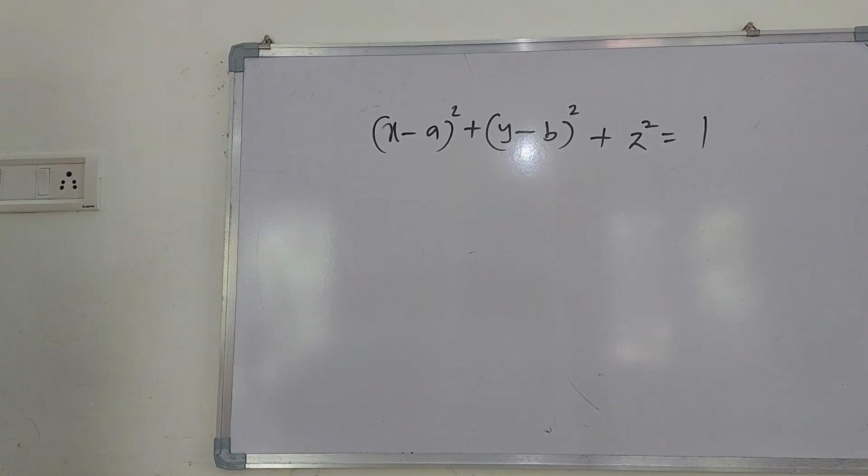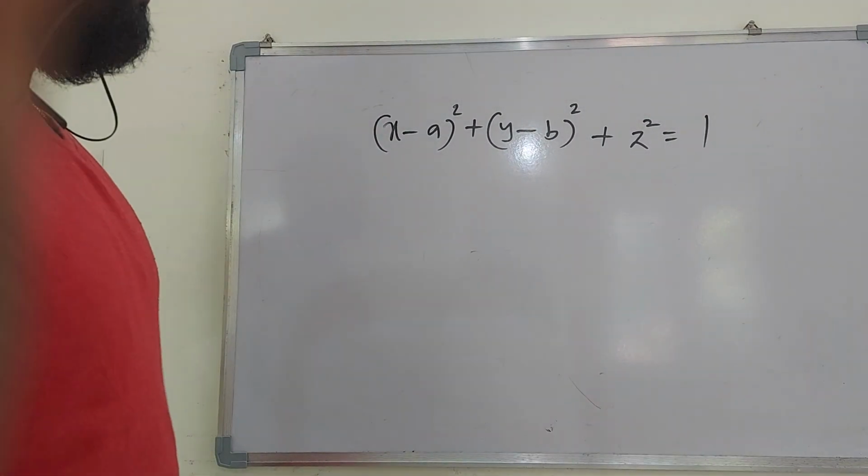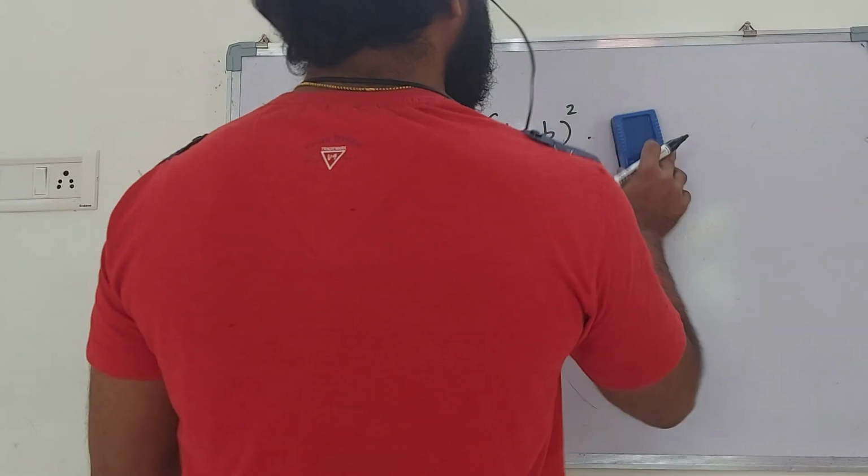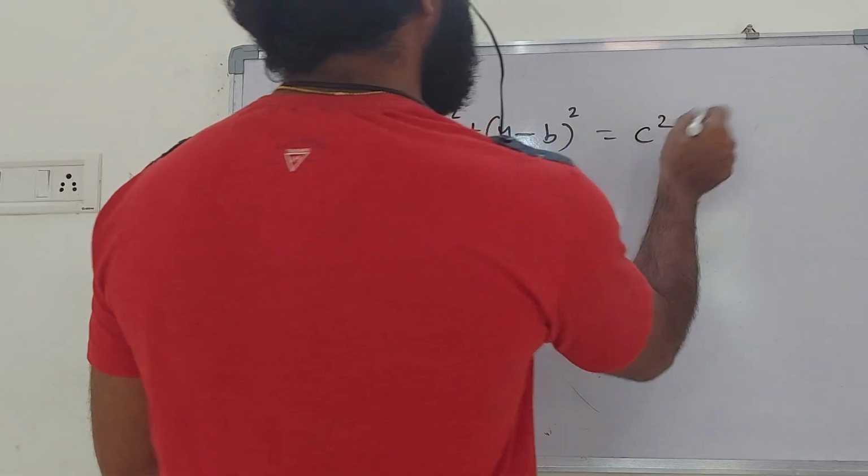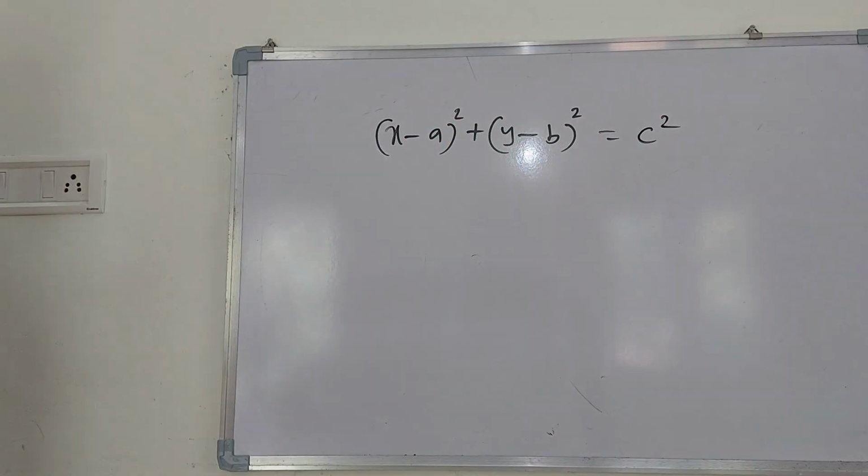Consider the equation x minus a the whole square plus y minus b the whole square equal to c square. It represents